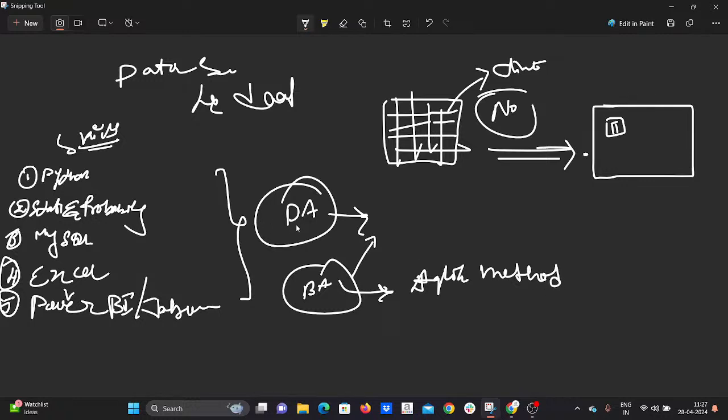So here the data analyst does just a visualization of the data: how the data is visualized, whether there is any relation, and which trends and patterns need to be identified. With the help of the data analyst, the business analyst needs to design the next business based on the data. You need to analyze this data and create a new business strategy for business growth.